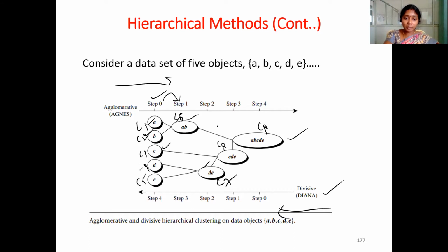Since the data objects A, B and C, D are very far from each other, they can be split into 2 different clusters. The same procedure is repeated here also, and the clusters are split into some small clusters, and in this way you can proceed with the divisive approach. So in this way you can form clusters using the agglomerative and divisive approaches.